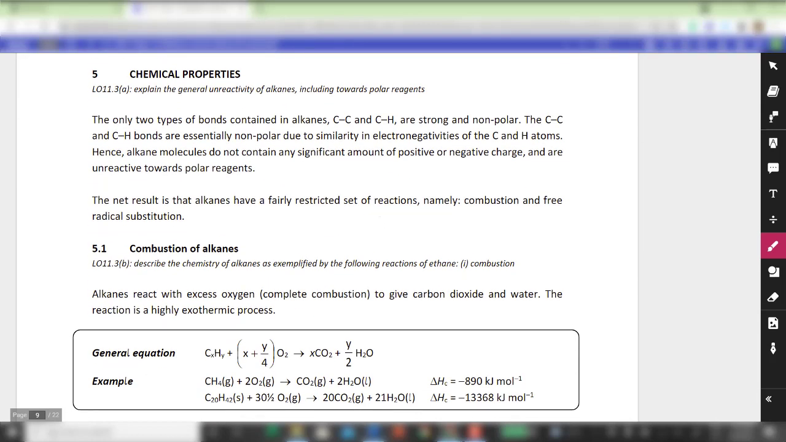The next part we're going to move on to is the fifth portion, which is on chemical properties. Generally for organic compounds, combustion is the most common thing, and it's probably something we are very familiar with, because for example at home,